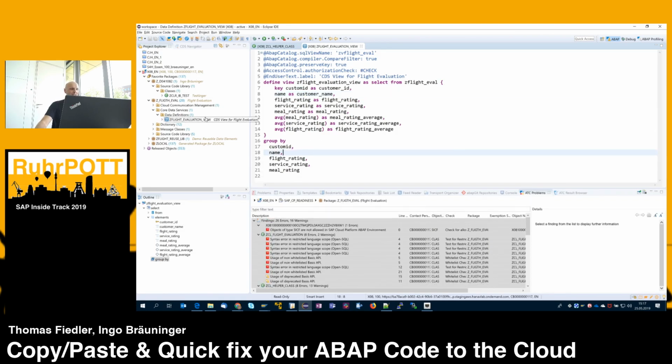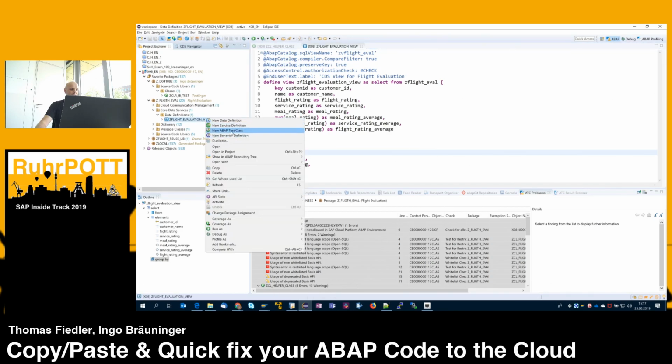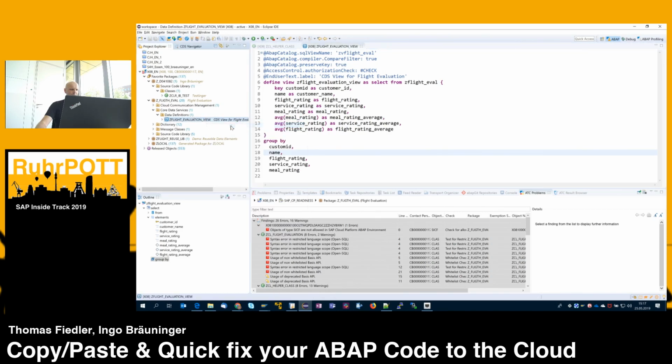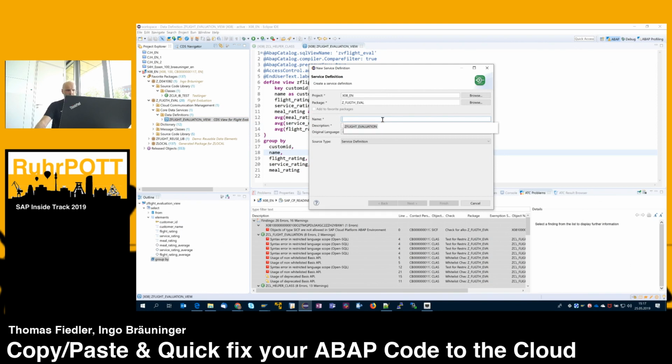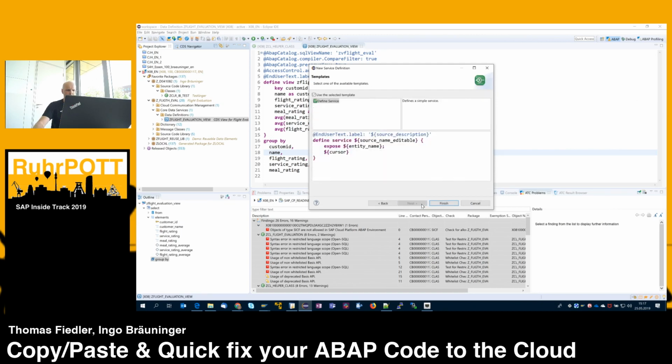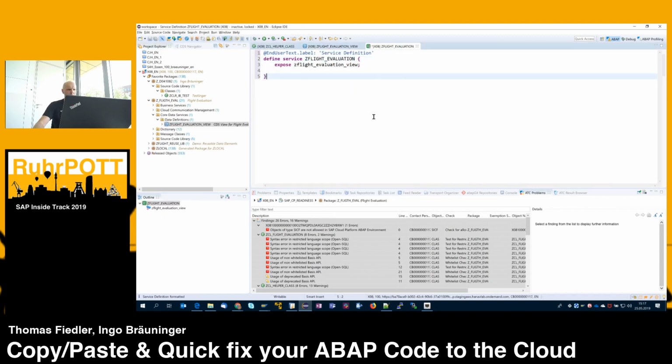Okay, so what we are doing here now is to create a so-called new service definition for our scenario, because we want to have a nice Fiori UI, of course. So create a service definition here. Next, and finish. Save and activate this one.